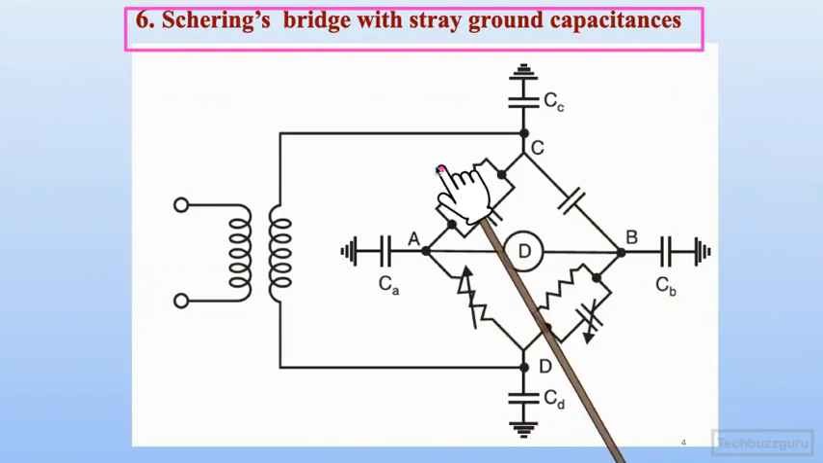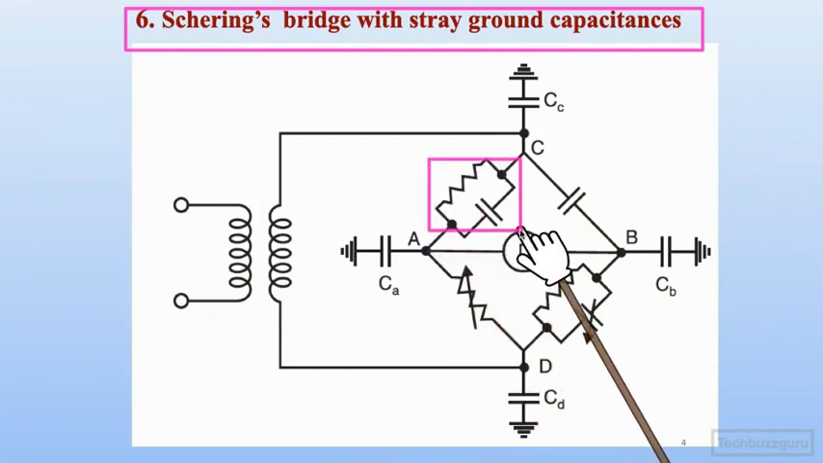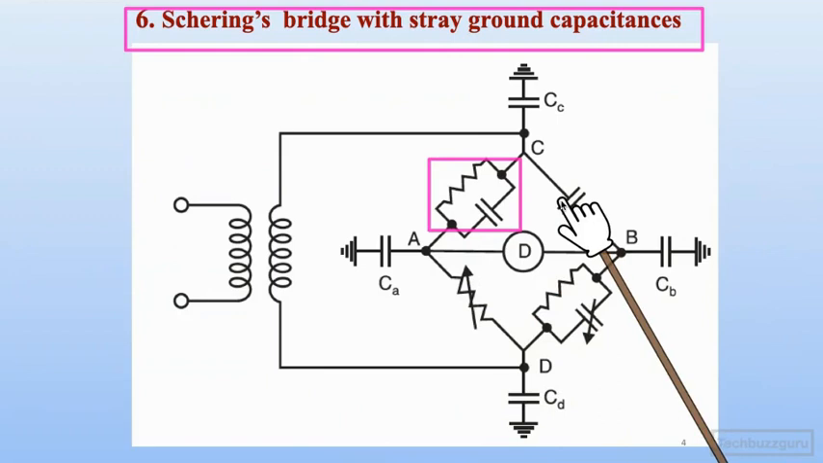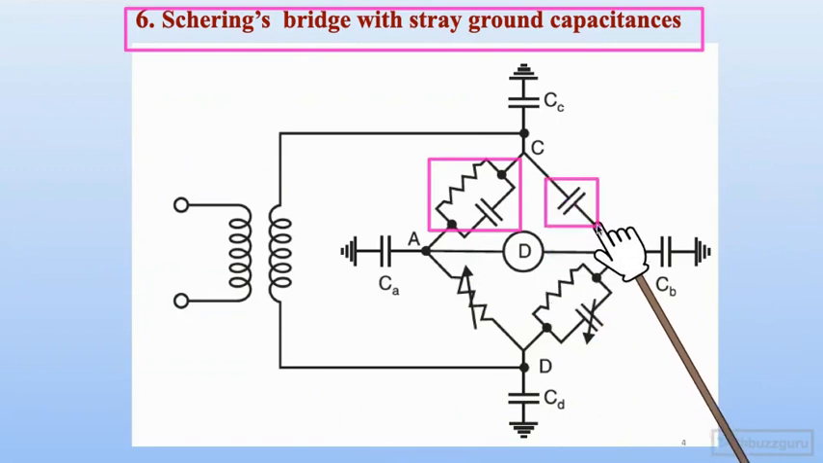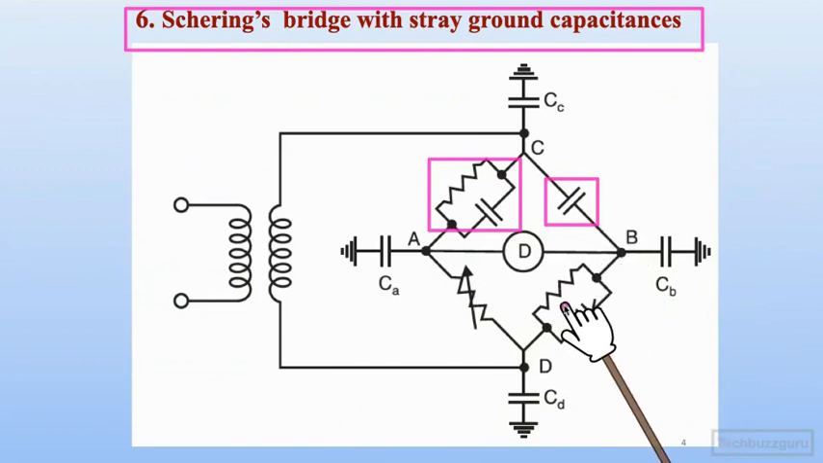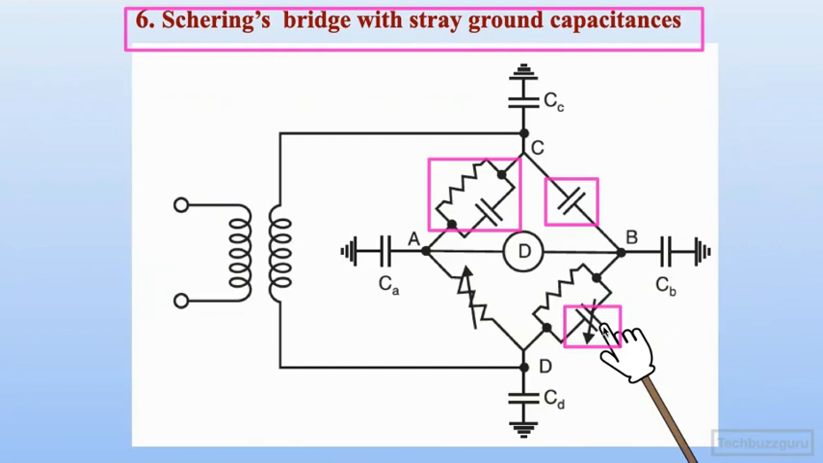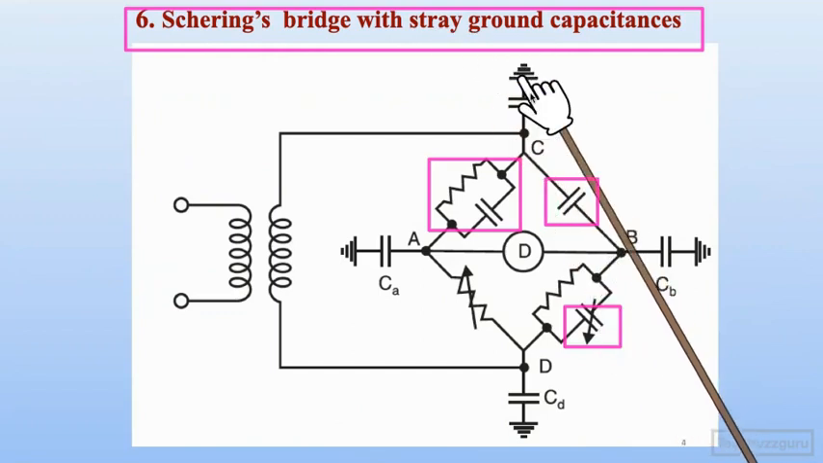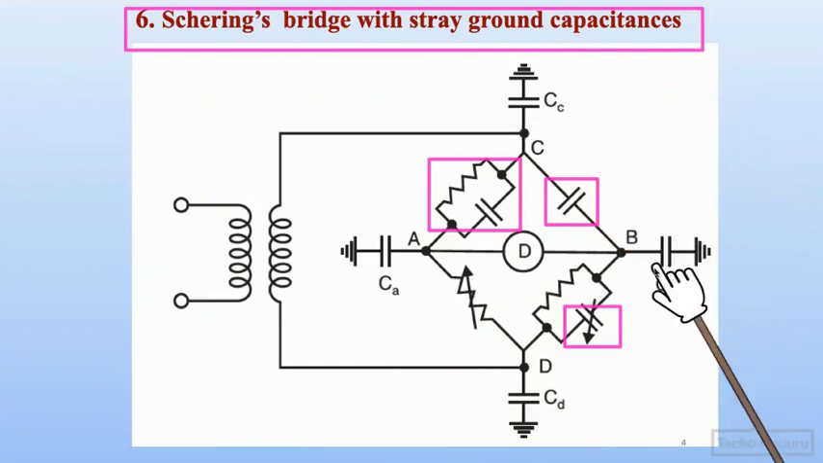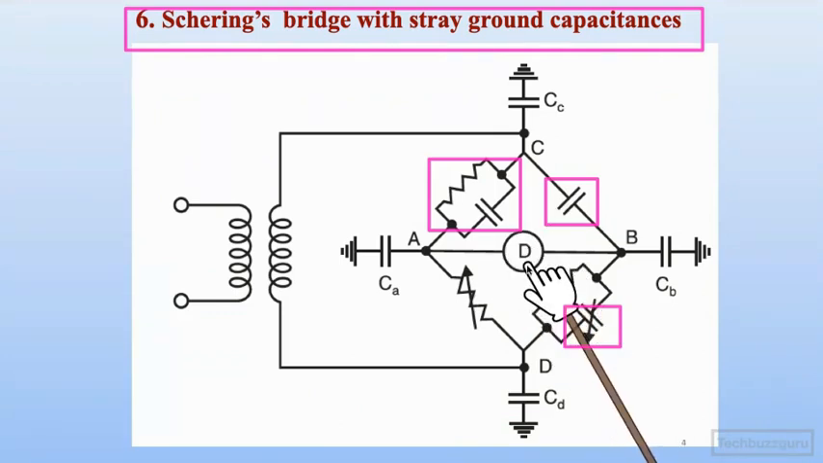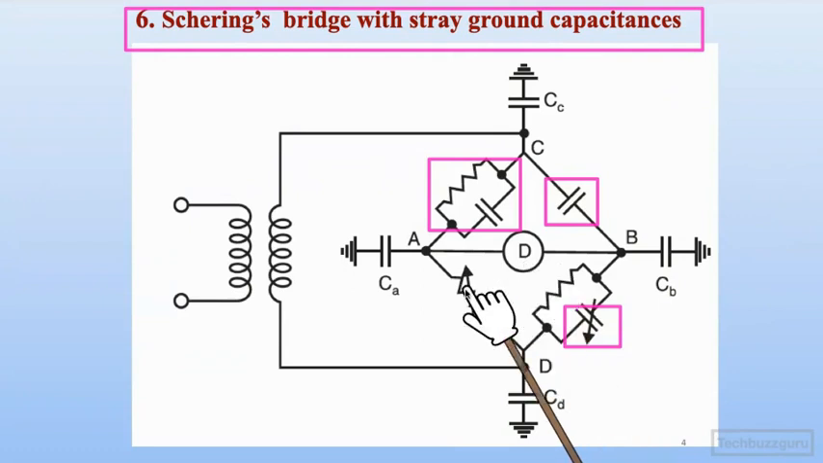We assume that there is only one unknown capacitance, and we also assume that there is only one known standard capacitance in this ratio, apart from the ratio bridge arm capacitance, maybe a C3. So we are assuming that there are only three capacitances present in the circuit. But due to the stray ground capacitances, CA, CB, CC, CD are present in the Schering bridge. So naturally, when we try to achieve the null balance, a null indication on this detector,